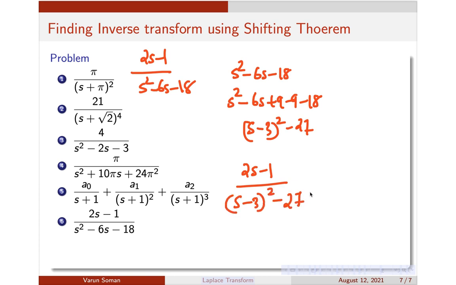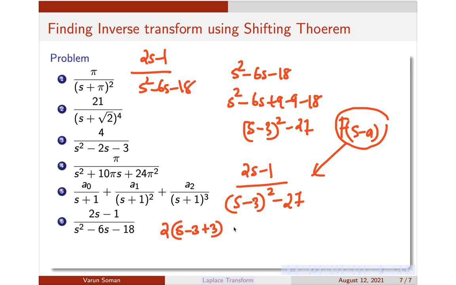In order to use the shifting theorem approach, you should have the function in the form f of s minus a. But there is a complication here because your function is not like that. Only in the denominator do you have an s minus a. So I'll try to make the entire function in that format by bringing s minus 3 into the numerator also. I'll replace the numerator by 2 into s minus 3, and to balance it I'll put a 3 here, minus 1. Now it is perfect, it is of the form f of s minus a.